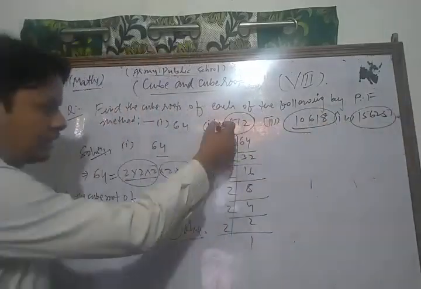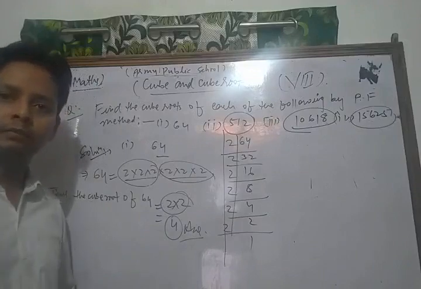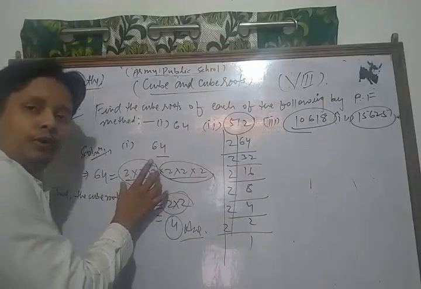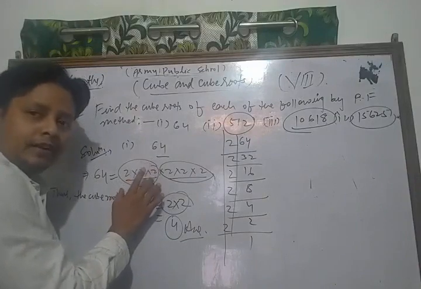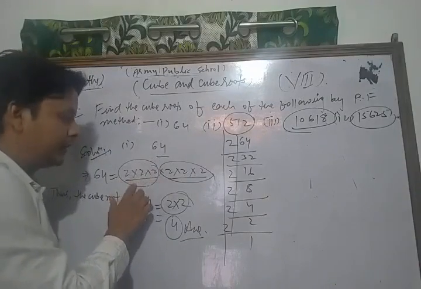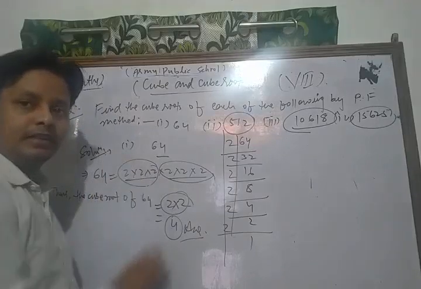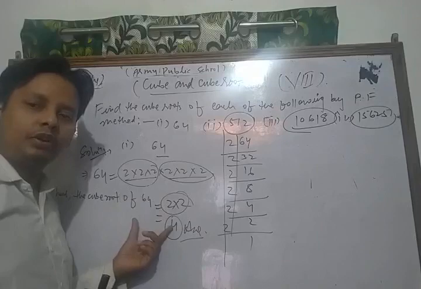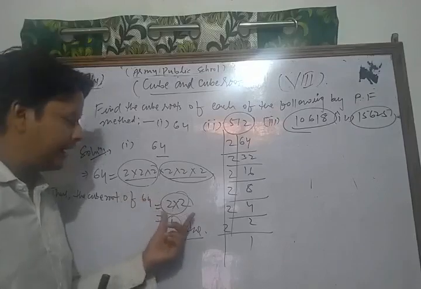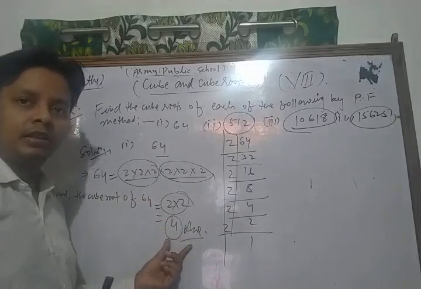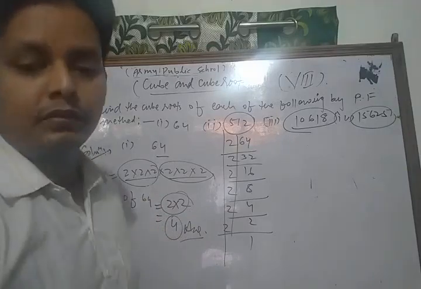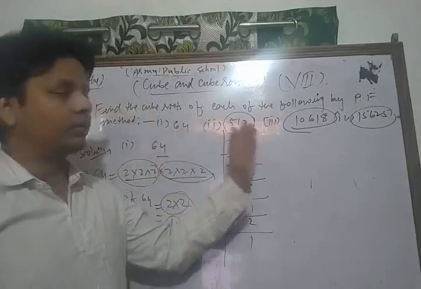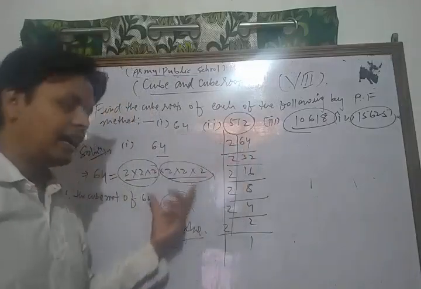And after factorizing each of the given numbers, first of all you form the grouping of the factors in triplets of equal factors, and you take one 2 from each of the factor triplets and multiply them, you get your result. Okay, so in this way you can solve that type of question. You can solve each part of the given question with the help of that method.